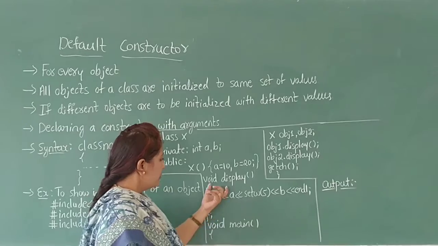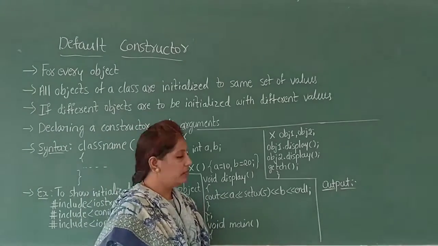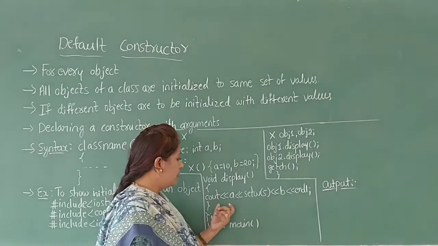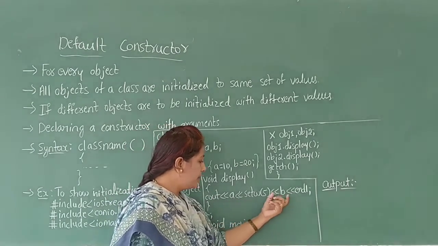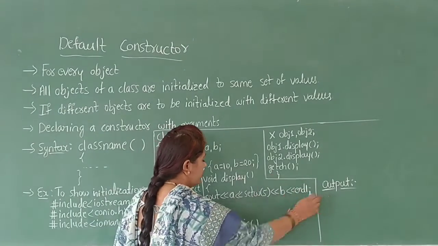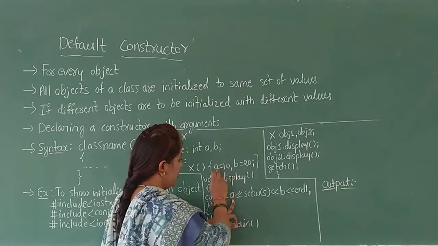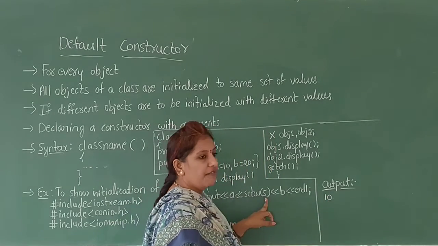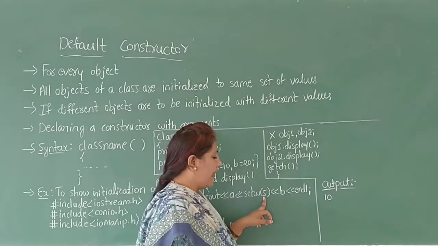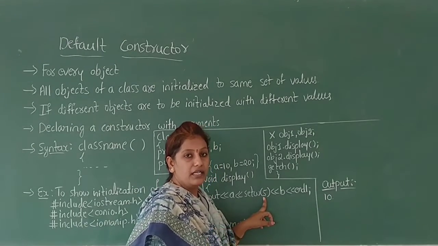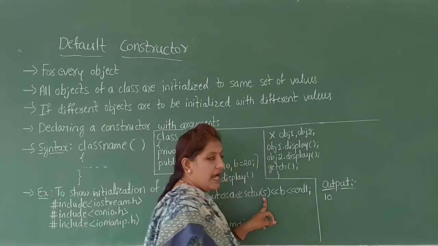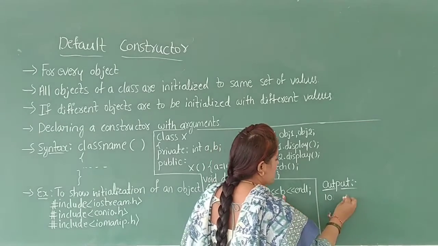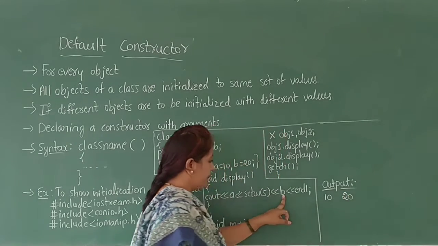The program executes the following statements. In this member function we have one statement, that is cout A, setw of 5, B. In the output, it displays the A value, which is 10. Then setw of 5 sets the width to 5, which means it gives 5 character spaces in between the A and B values. Then it displays the B value, that is 20.